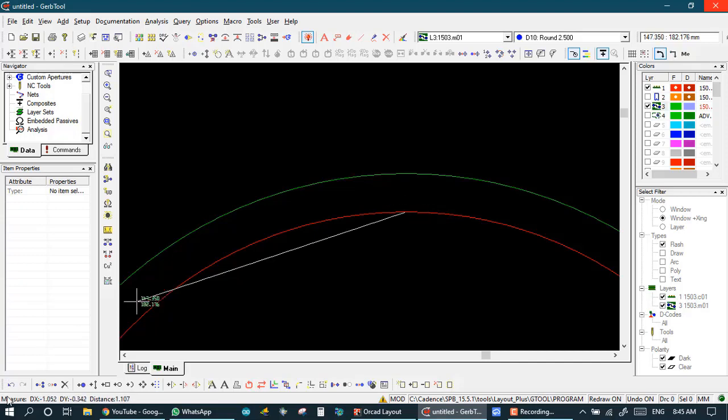We see the size here, here the distance, and we measure in y. So dy and distance are equal here. So it is 149, approximately 150.